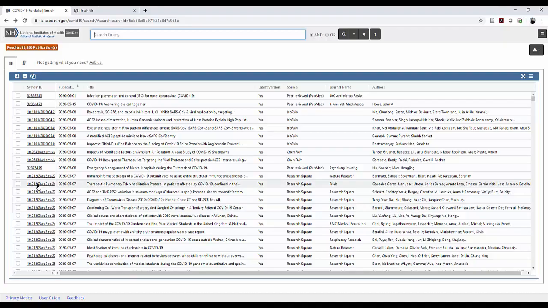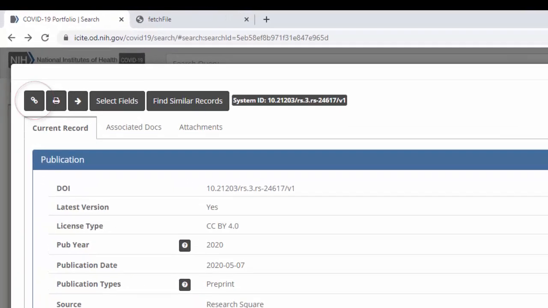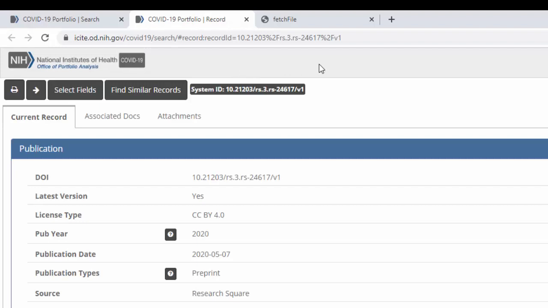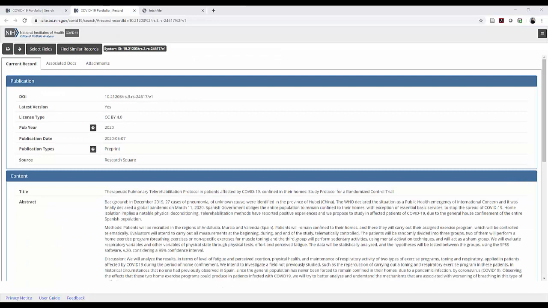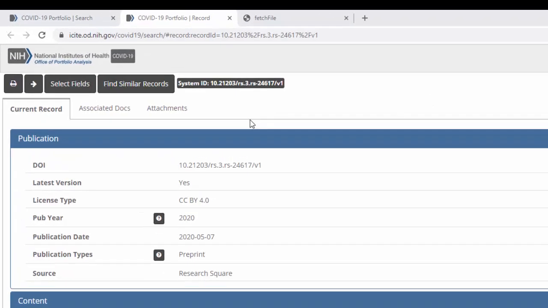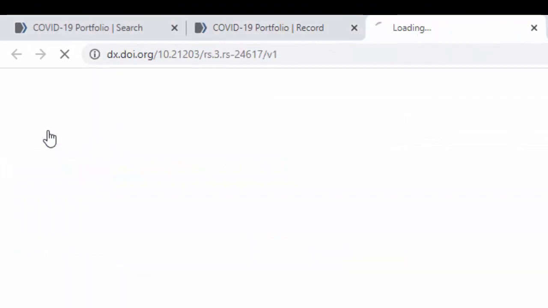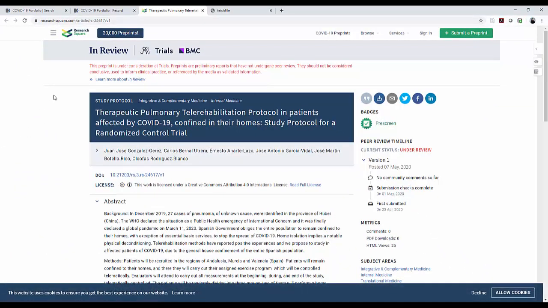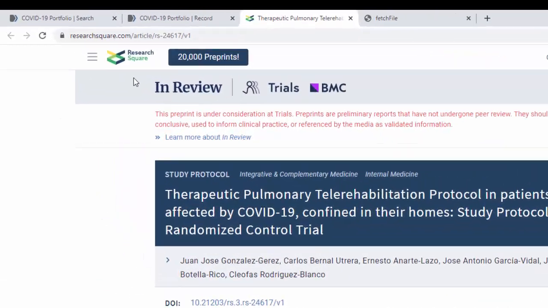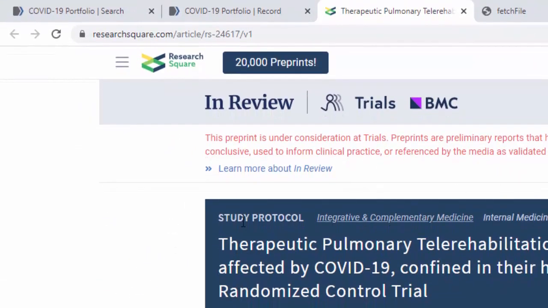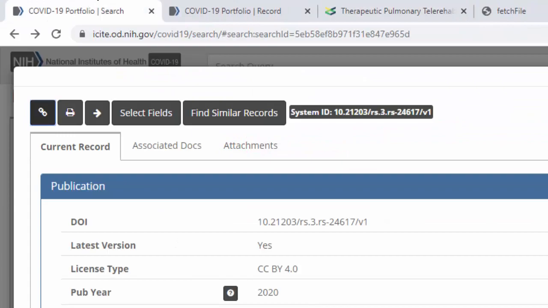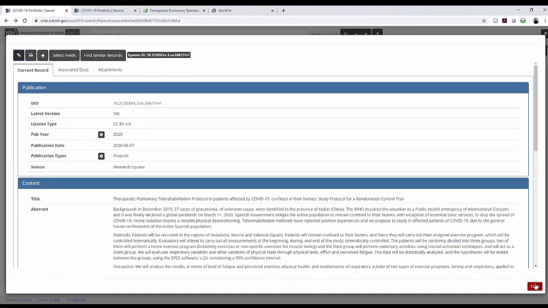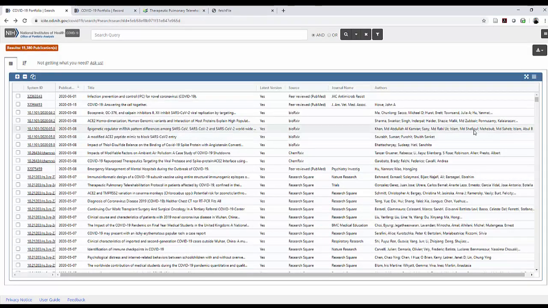If you want to save that particular record, we'll go back to it. Then you can go ahead and click on the permalink here at the top. Notice this will open up in a new window, and this unique URL can be saved or shared for later use. Another helpful thing that you can do within the record view is click on this Go to Source, and this will bring you to the original source of the article. So notice this came from Research Square, and so now you're in this database. We'll go back to the COVID-19 portfolio tool and exit out of this view,